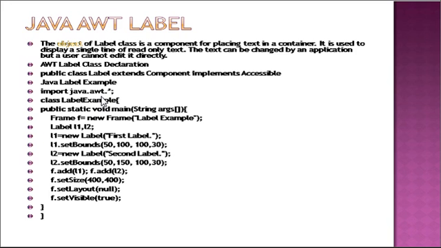Here you see L1.setBounds. This statement sets the bounds of your label, like left to right and top to bottom coordinates. Similarly setSize, setLayout, and setVisible. Here you see the value true. True represents the visibility of your object on your container. Suppose you set it to false, then no value will be shown on your container.